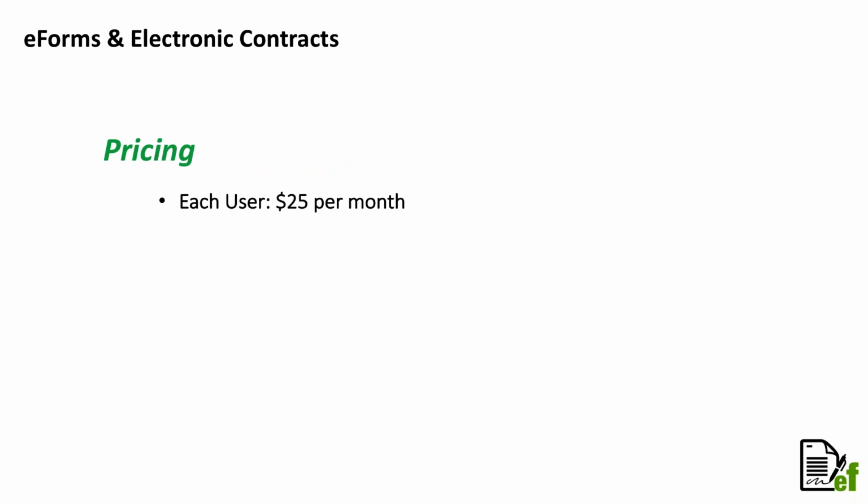The pricing for eForms, and we'll cover some discounts at the end of the demonstration. The pricing is just $25 per month, and this is per user, so a little bit different than the AlarmBiller pricing model. And we can discuss some of the promotions that we're going to run for the launch of eForms